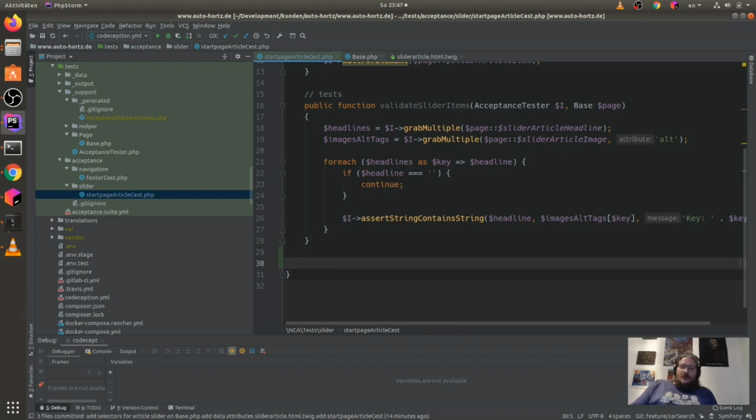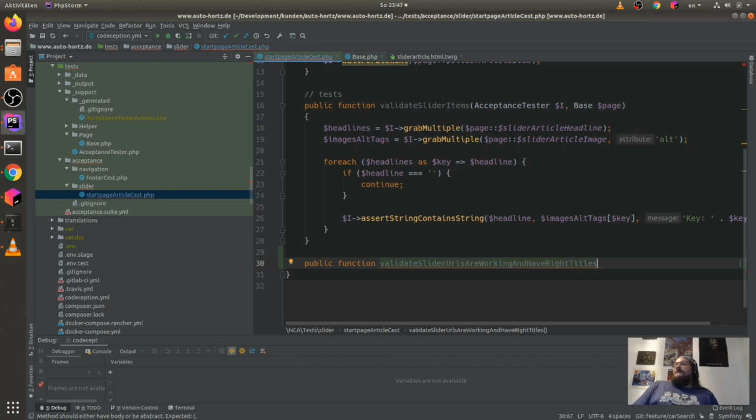So we will now validate, with a public function validateSliderUrls, that the slider URLs are working and have the right titles.